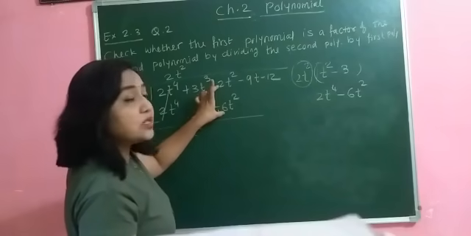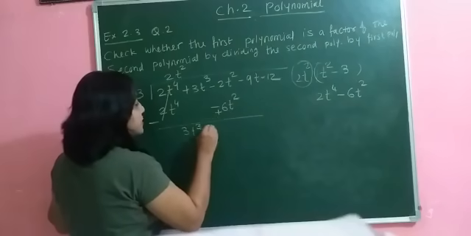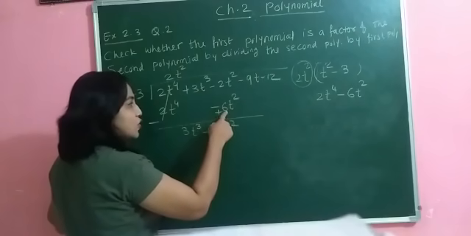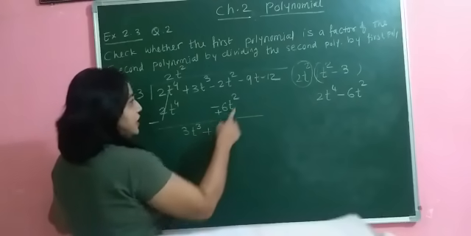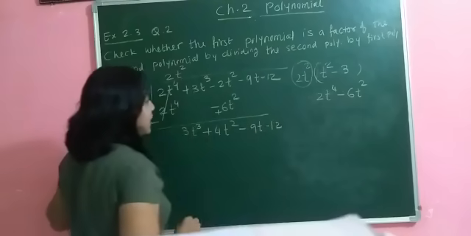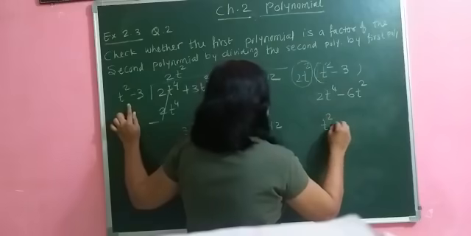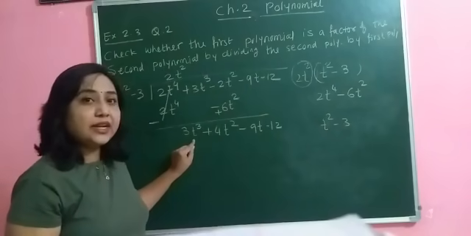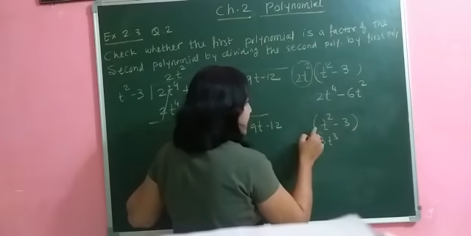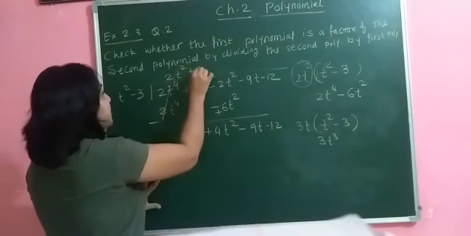This is as remaining and this is minus 2t square plus 6t square. Sign is different, so subtraction will be there. So 6t square minus 2t square, it is plus 4t square. Why positive sign? Because big number is 6, so sign will be positive. Write down negative remaining terms over here. Again, what do I have? I have t square minus 3. What do I want? 3t cube. So I multiply this by 3t. So I am writing here plus 3t.